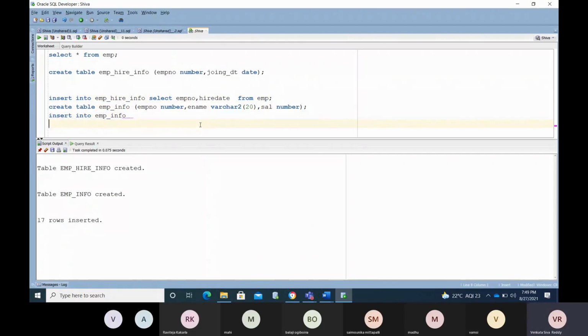Okay, now EMPNO, ENAME, salary from EMP. Here you are able to insert the information into a different table as well, with different columns.